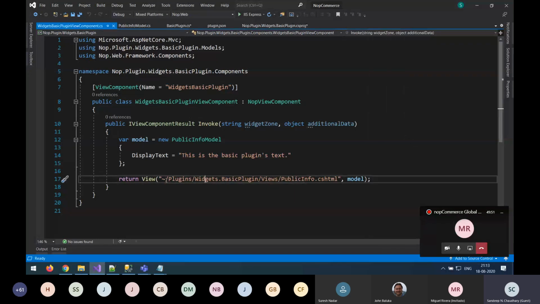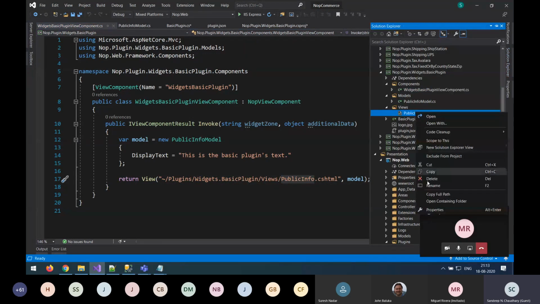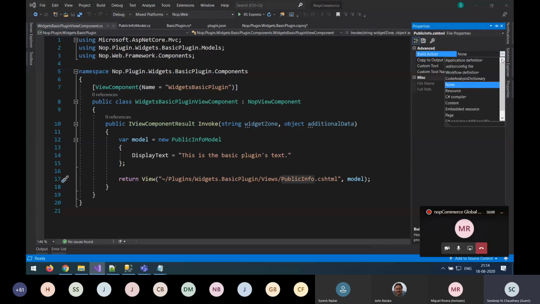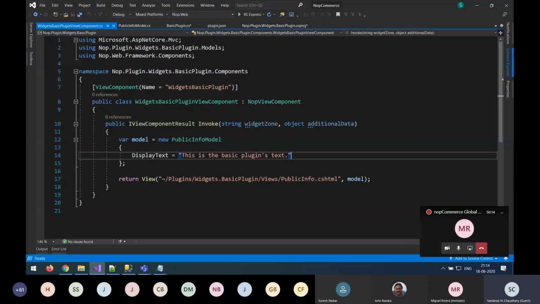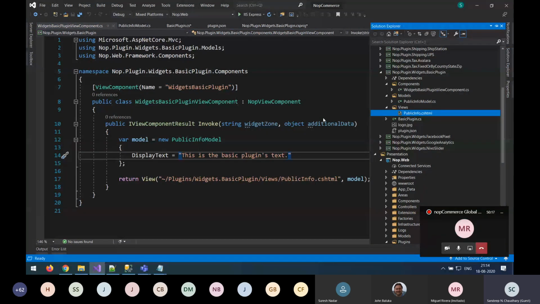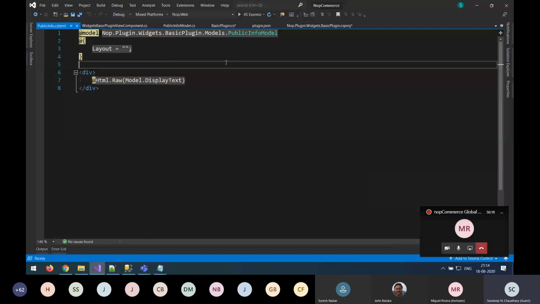And the view path. See, the view path is under Plugins. This is again the system name; here you have to mention the system name. Views, PublicInfo.cshtml, and again make sure to set it as content, Copy if newer. And let's see the view file. There is nothing in the view file. We have just